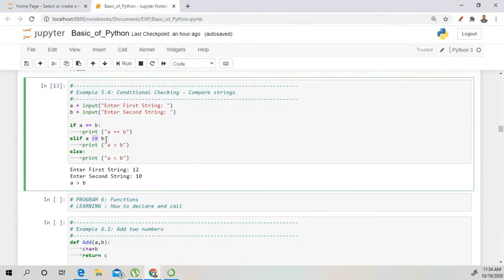So this is true. So that's why it is printing A is greater than B. And the last statement will not be executed because this else if statement is true. Okay. So there are two conditions written here, greater or equal. So if any one of these conditions is true, then this is true. Okay.